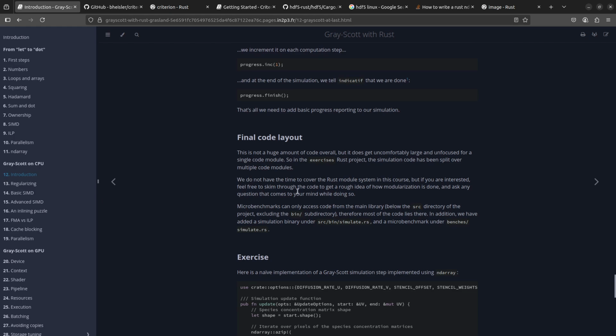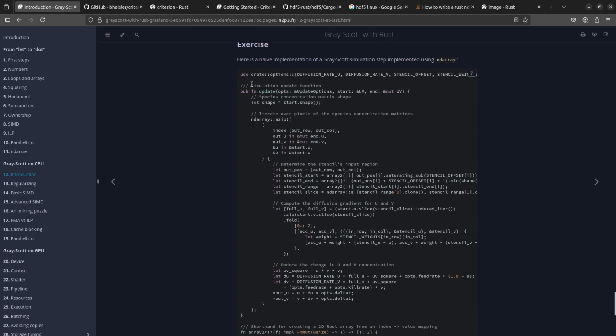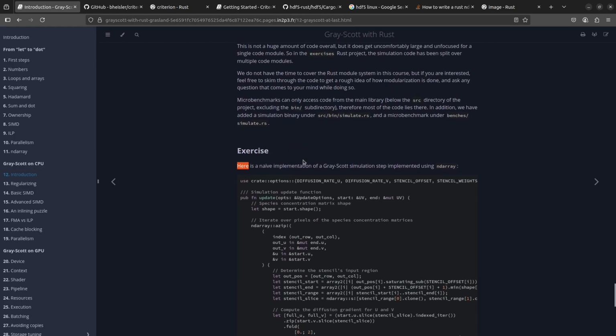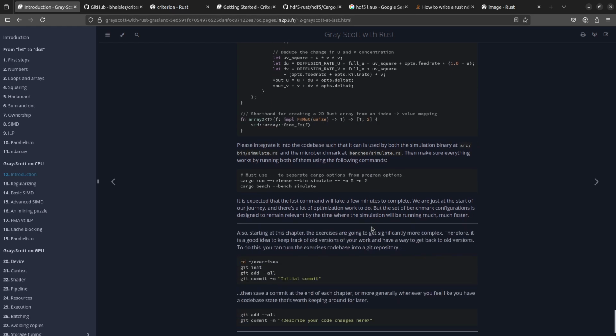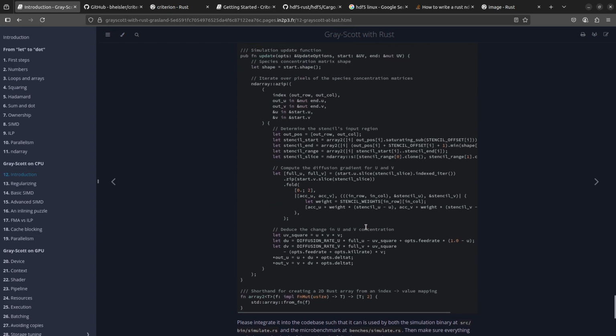Let's see if there's anything else. So there's some code layout, don't care about that, we're doing our own. Then there is an exercise. And this is the naive implementation. So this is our basic reference implementation, and we're going to be trying to optimize that throughout this course. But I don't want to do that right now. We'll do that in the next one. So until then,